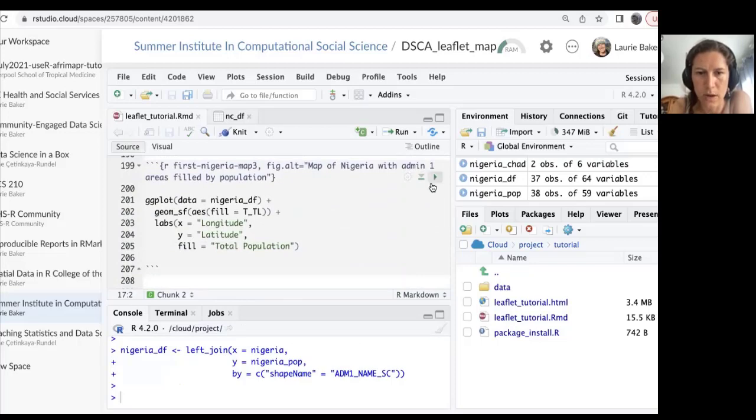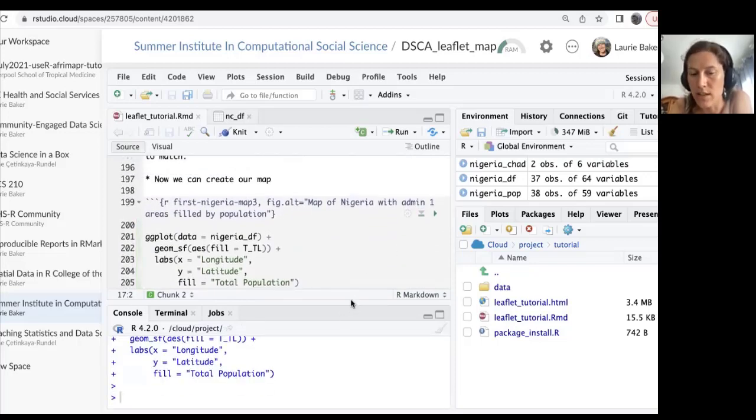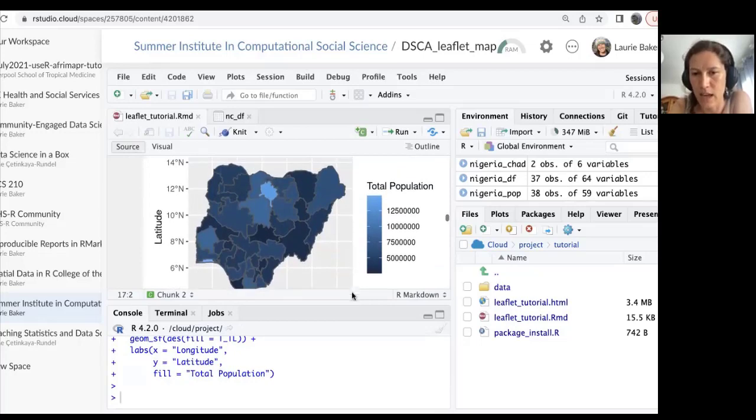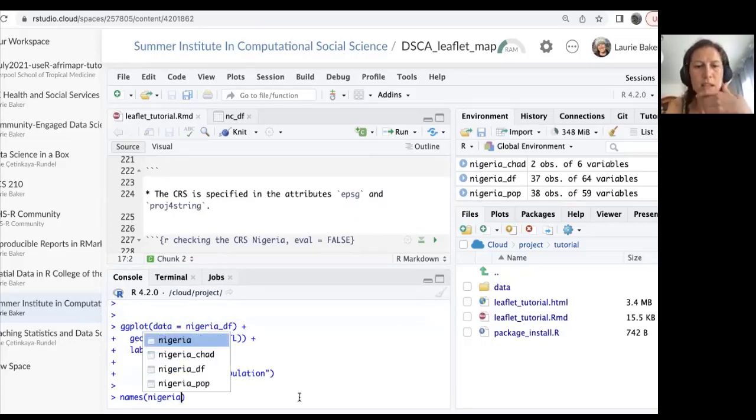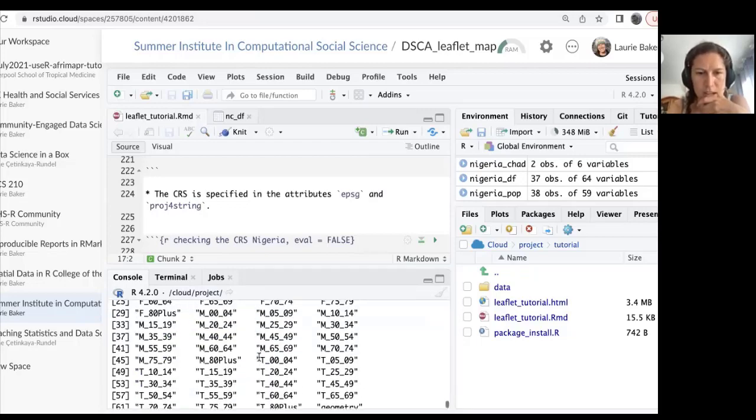So we're looking at the total population, but we could color this by any of the columns we want. Whenever I forget what the names of the columns are, I can go ahead and put this into here, and we've got Nigeria underscore DF. Okay, so we have,